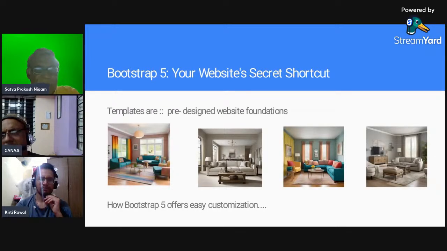Bootstrap. Just consider Bootstrap as a pre-fabricated, pre-designed website. The example I'm trying to show, all of these four images are of a living room of a house or an apartment, but they are all different. They are all a living room, yet different. We are going to use ready to use templates,